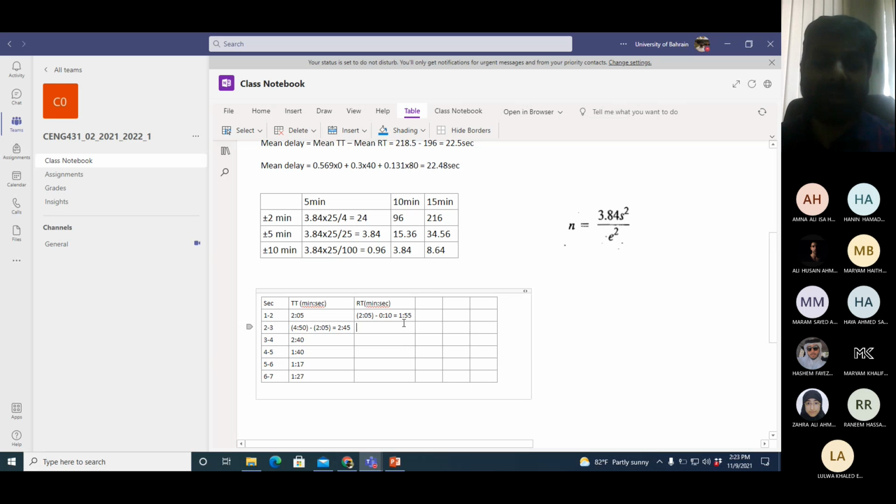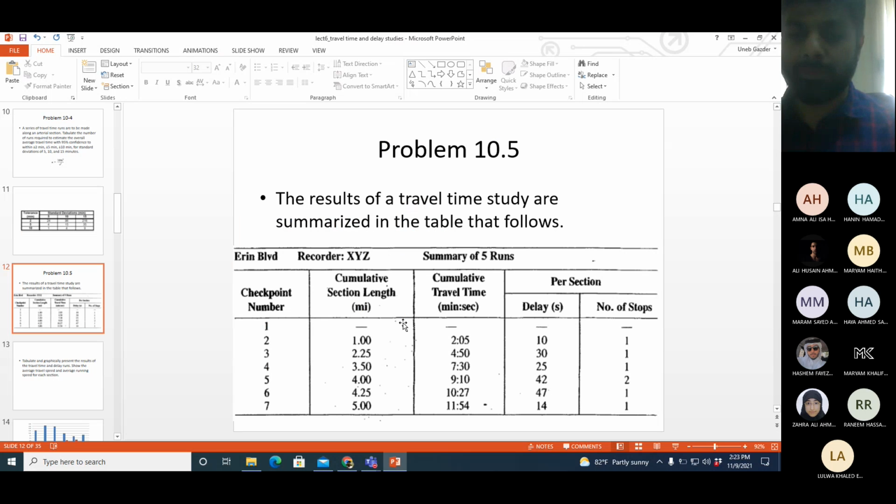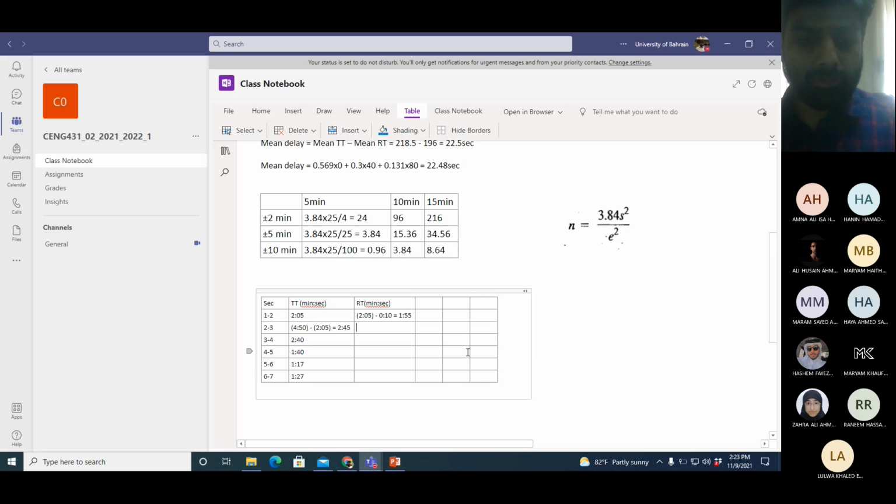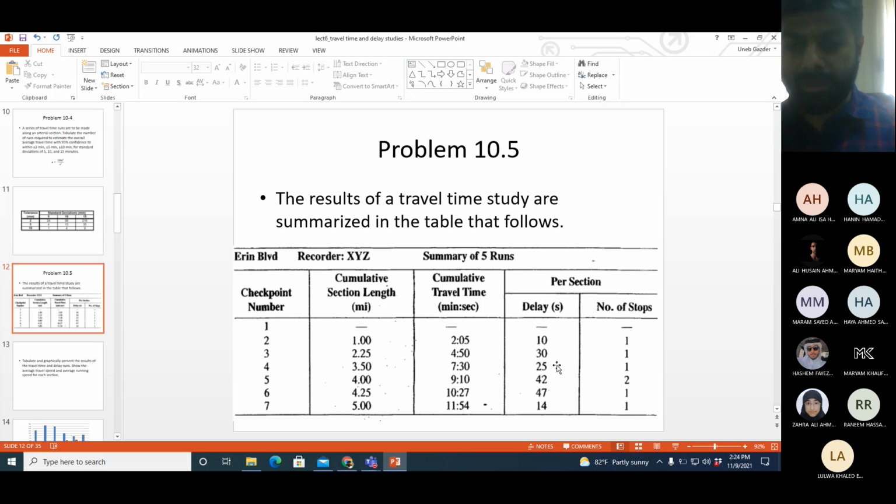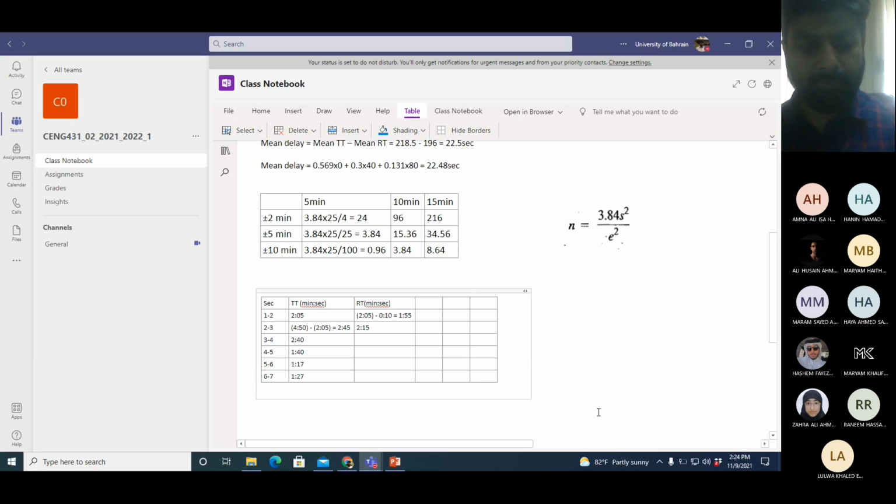Not 1 minute 95. A minute doesn't have 95 seconds. The same problem which I mentioned yesterday. Some of you make this mistake. For the second section, the delay is 30. So 245 minus 30 will give you 215. Then 240 minus 25 will give you 215 again.